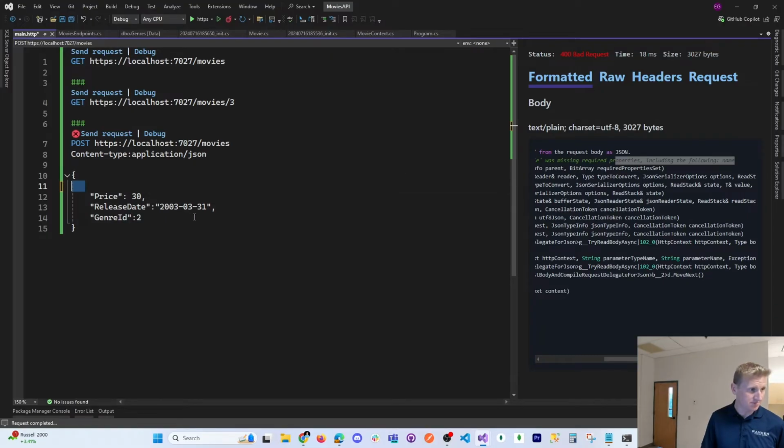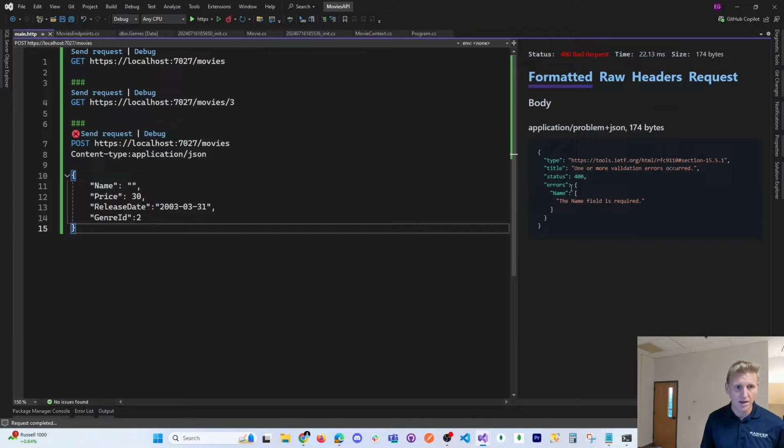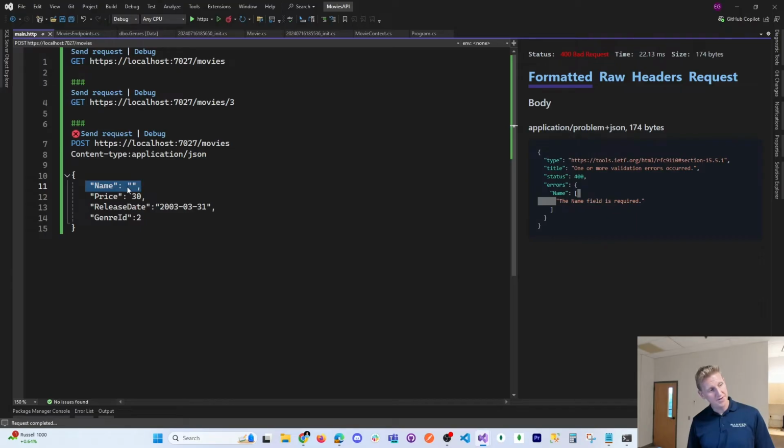So let's bring the name back, and let's even leave that off here, empty string, and see if it handles the case of empty string. And there we see the name field is required. So this is actually what I was expecting. So you just had to leave that name field as an empty string. Either way, we're getting,